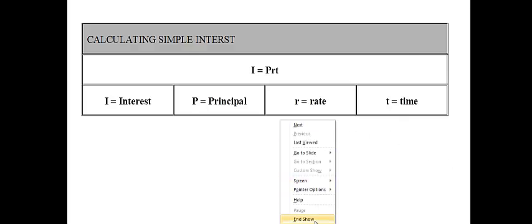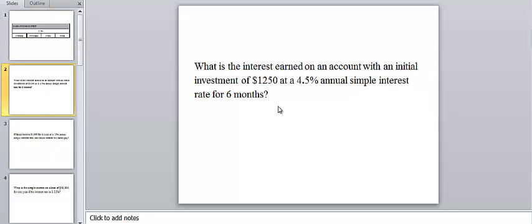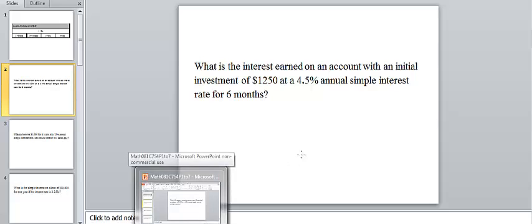Now, the problem like this, again, we know 1250 is our principal, 4.5% is the rate, 6 months is the time. Now, what's unique about this is usually for our simple interest formula, time is usually given in terms of years. So in this case, it's given in terms of months. We want to convert it into years to make our equation work. First of all, we know what our principal is. It's going to be 1250